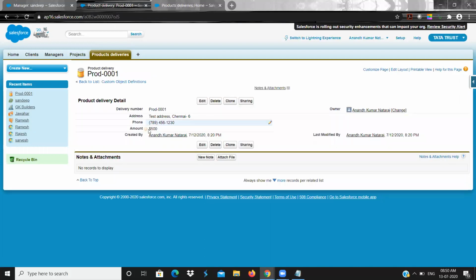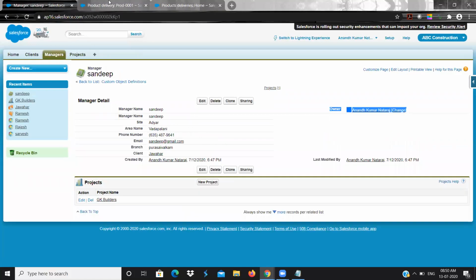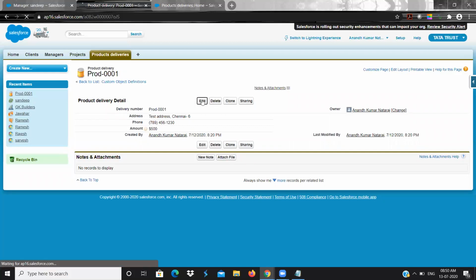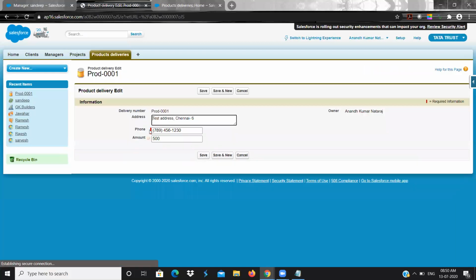So once I save a record, I got a few values like created by, last modified by, and owner. See, these fields are read only fields, so you cannot edit them. But owner you can change to some other name also. Since I have used the checkbox add notes and attachments, I got this related list to add notes and attachments. Okay. So we created one object, and if I click on edit, there is a red color symbol next to the phone.